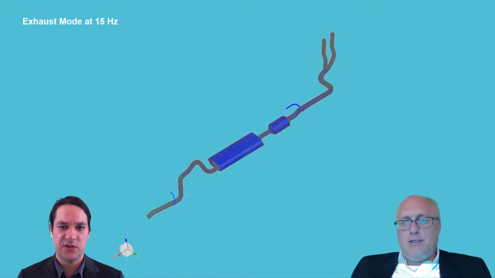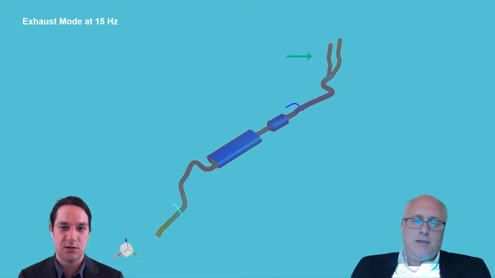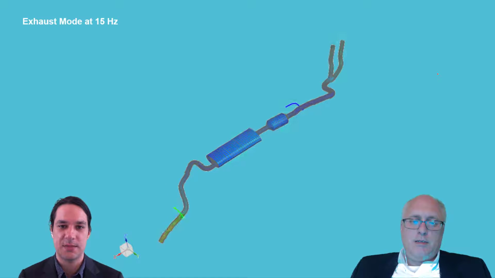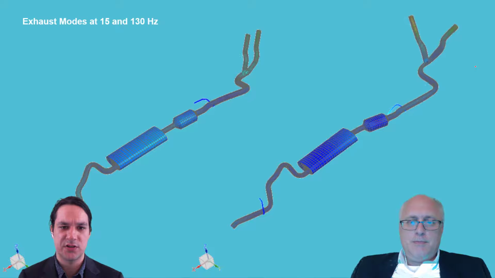So it looks like there's a decent amount of motion at each end of this exhaust. So you would need maybe 1 point at the left end at least, and 1 point at the right end. And then it looks like there's maybe an antinode or a maximum somewhere in the middle of that exhaust. So maybe 3 total points to describe this particular shape. So 3 like this. Yeah, I think that would work. I buy that. But are we going to correlate just one mode? No, we'd like to correlate all of the modes within our frequency of interest.